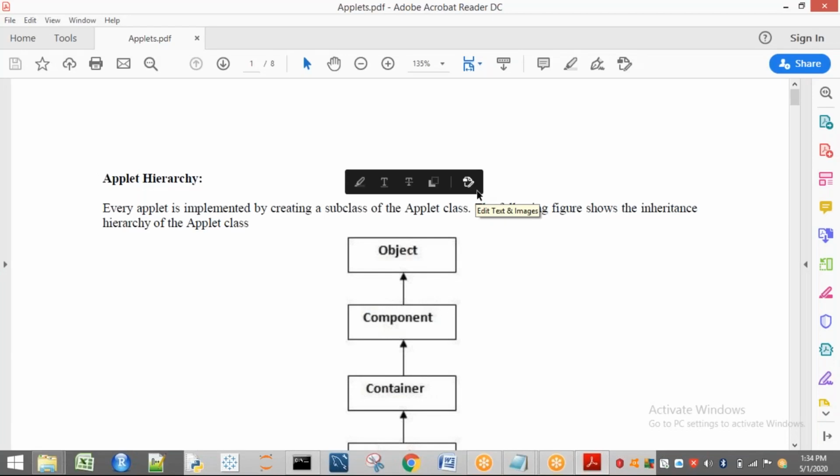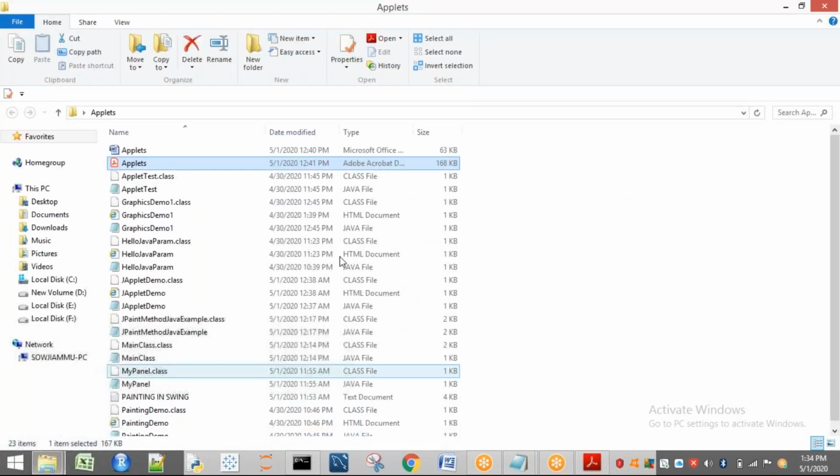Now see here, in the previous session we discussed how to execute an applet in two different ways. So once again I will show you how to execute them. See, I have already taken some examples for these applets. First I will show you how to execute an applet